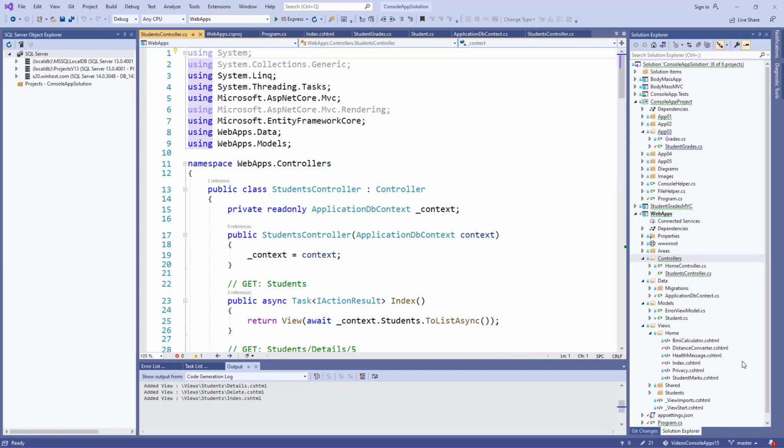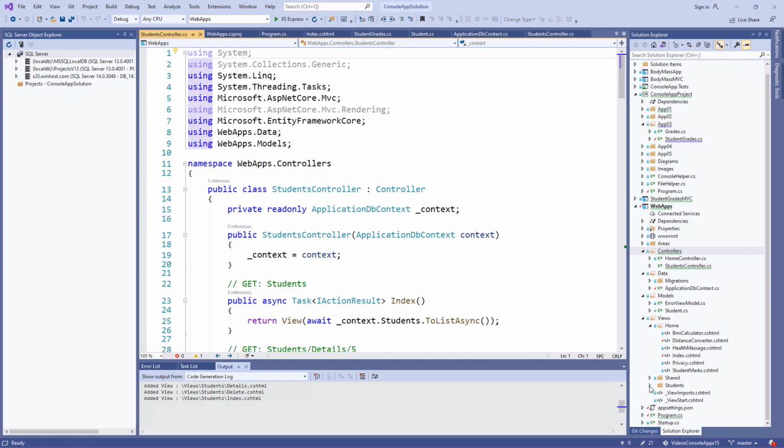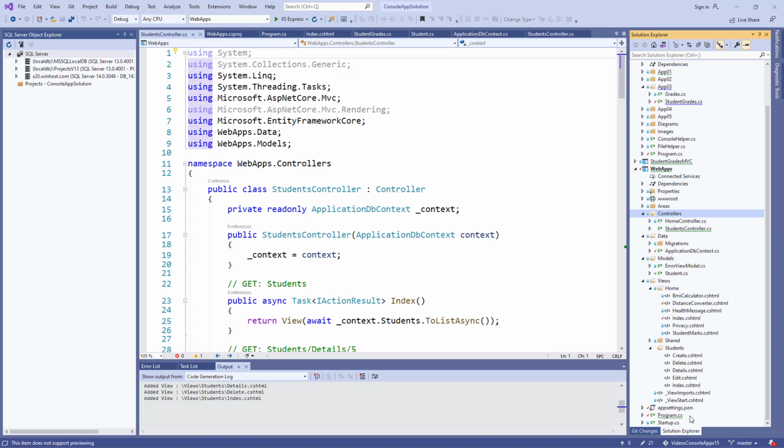We now have a controller for students, and also if you look in the views, we have student views, which list all the students, views to edit a student, views to look at the details of a student, to delete a student and create new students. They're all set up ready to add data to the database. So if we run it,